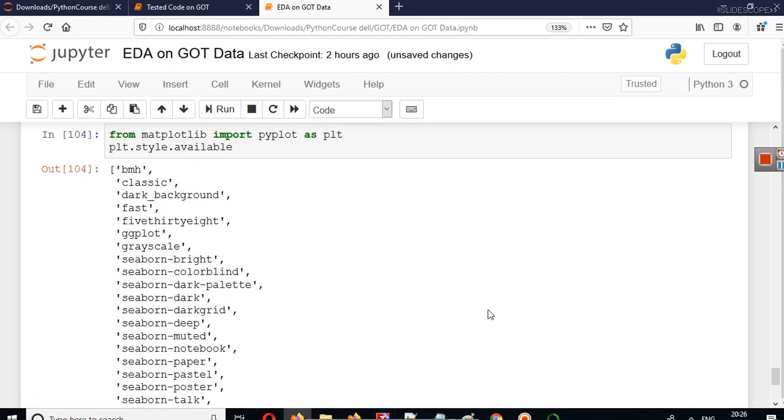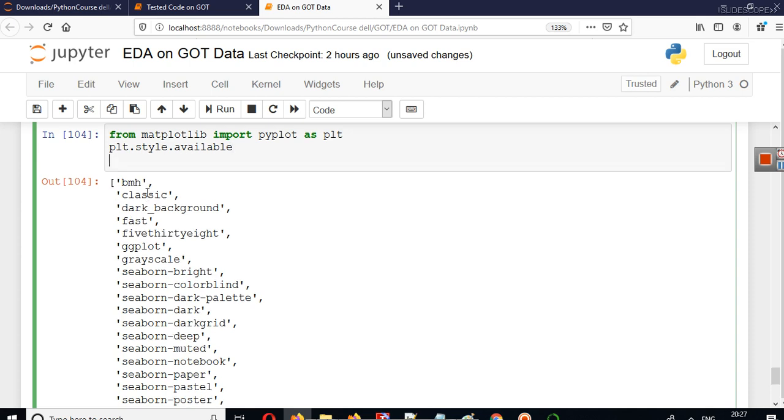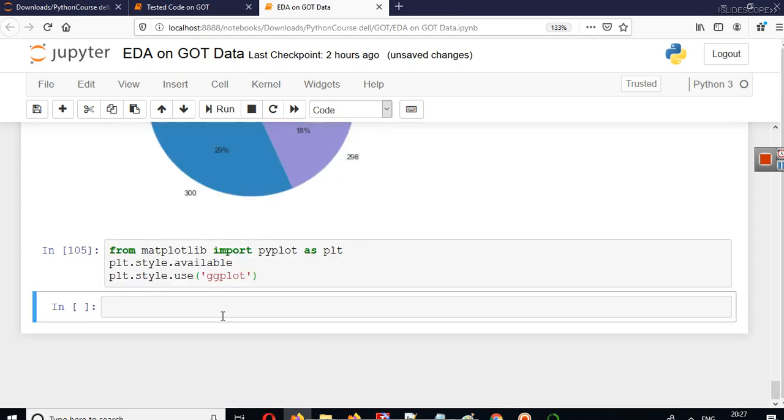The style that has been used here is ggplot. So how do we set that style? We use plt.style.available to find the list of available styles, and we can use plt.style.use, and you can simply set any name here and you get the style.